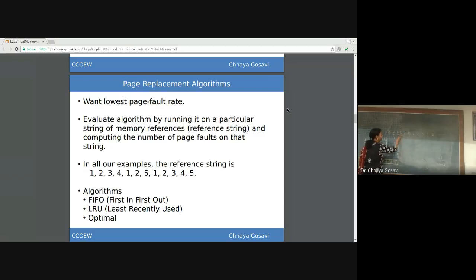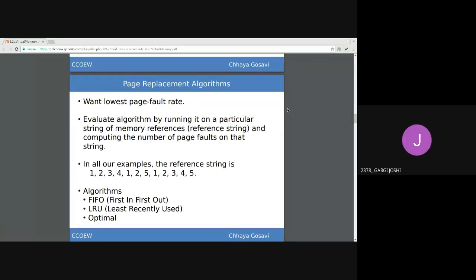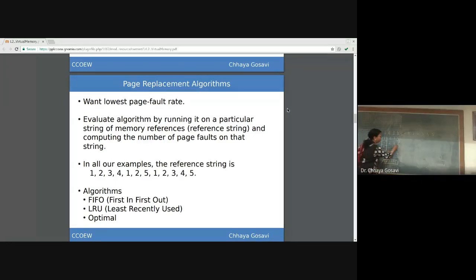Now we are referring to page number 1, but again page 1 is not in main memory. So we have to find a victim page. Which is the victim page? 2. So page number 2 is replaced by 1. 4, 1, 3.